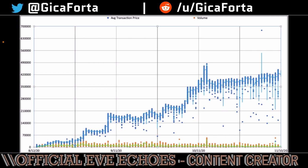But as the players started getting into higher tiers, getting bigger ships and farming more ISK, you can see the volume has slightly increased in the meantime from the launch of the game until September 11. That's usually marked by a decrease in dumping of PLEX on the market and an increase of buying PLEX by the players. Now, what this led to was the PLEX actually going up on the price tag, and the amount available on the market getting lower. Hence, people started putting PLEX sales at even higher rates, mainly because the lower rates PLEX were already getting sold out,